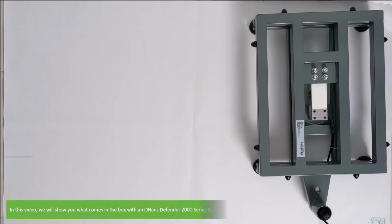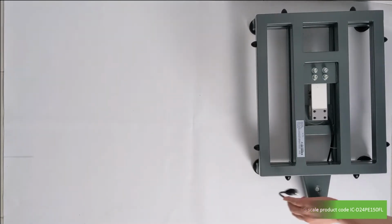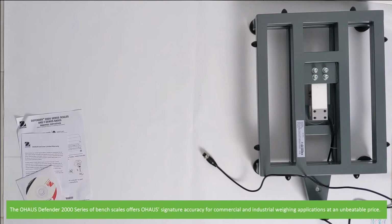In this video, we'll show you what comes in the box with an OHaus Defender 2000 series scale. We are specifically unboxing the 150 kilo scale. Product code IC D24PE150FL. The OHaus Defender 2000 series of bench scales offers OHaus' signature accuracy for commercial and industrial weighing applications at